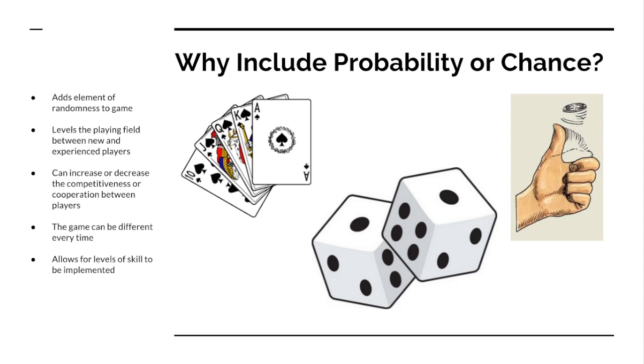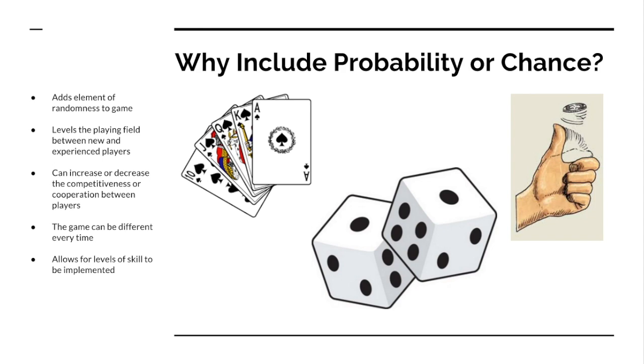All right. Well, the important aspect of probability or chance is that it can add an element of randomness to your game. Right. So your games aren't just a matter of having strategy and employing that strategy. Chess is a great example. Checkers is a great example where there's a lot of strategy. There's not a whole lot of probability or chance with that because that's not how the game has been developed.